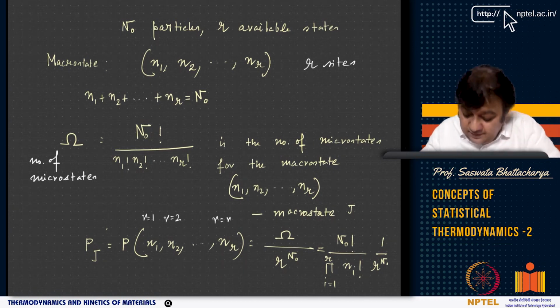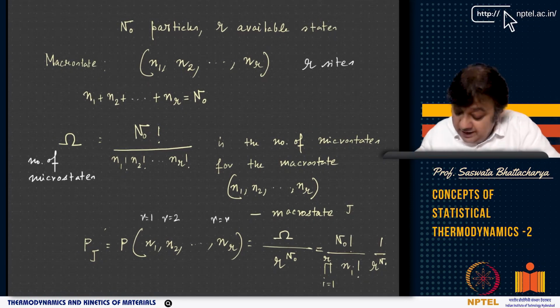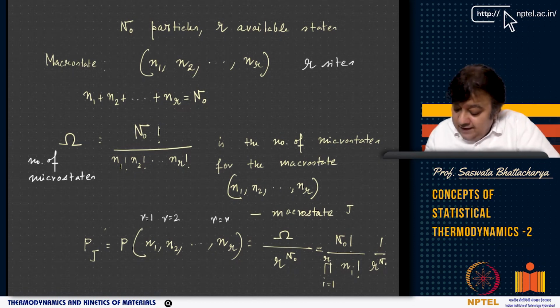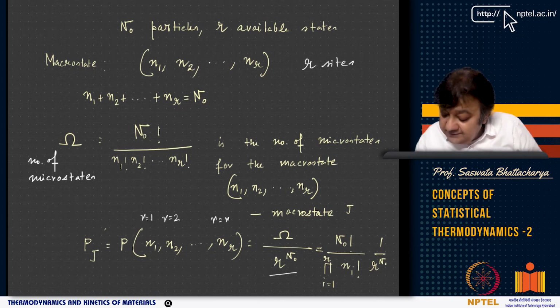So N1 occupying R equal to 1, N2 occupying R equal to 2, Nk or Nr occupying R equal to 1. Now if that is so, you have omega and the number of microstates is R to the power N0, right? These are the number of available microstates, right? So omega by R to the power N0 is basically like N0 factorial by,